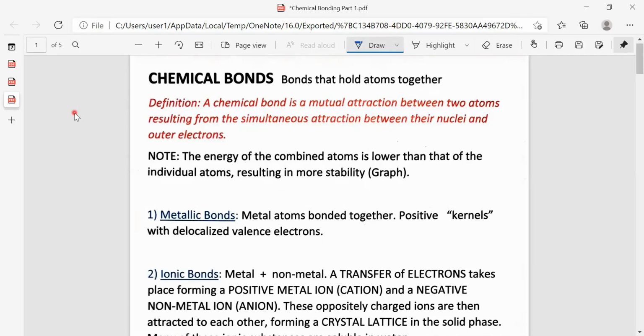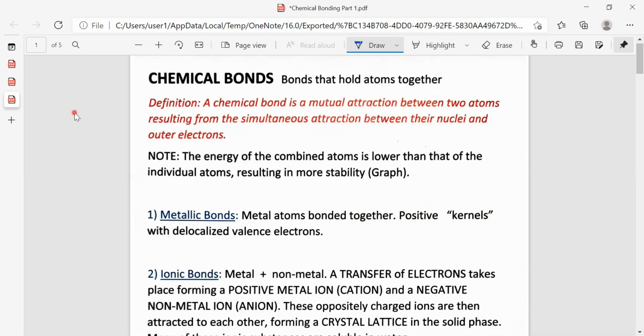In this video, we're going to look at chemical bonds, and these are bonds that hold atoms together. You need to know the definition of a chemical bond. A chemical bond is a mutual attraction between two atoms resulting from the simultaneous attraction between their nuclei and outer